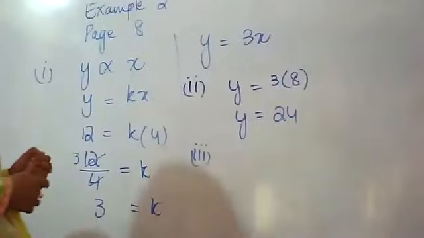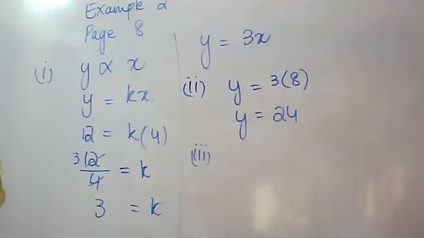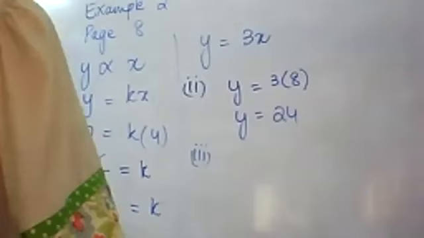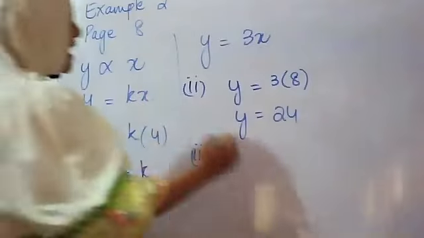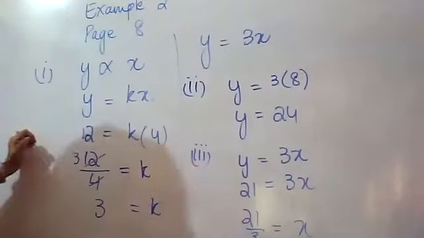Okay, class. Now, what does part 3 say? Example number 2, part 3. Hurry up quickly. The value of x when y is equal to 21. Now, y is equal to 3x. So 21 is equal to 3 multiplied by x. What should I do? Divide 21 by 3. Divide by 3. Okay. One by one, beta, one by one.